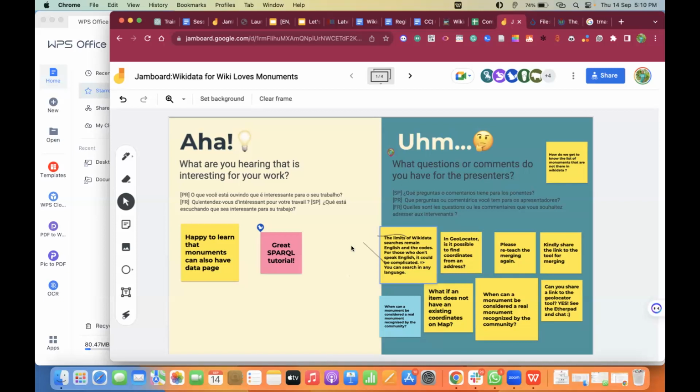Well, I think the best solution would be for more multilingual users to start editing Wikidata and translate the labels and descriptions to the local languages. It is a real shame, for example, that the data about monuments in Uganda is only available in English.